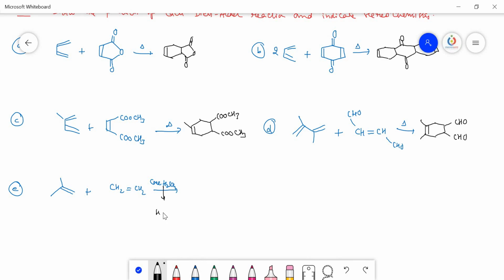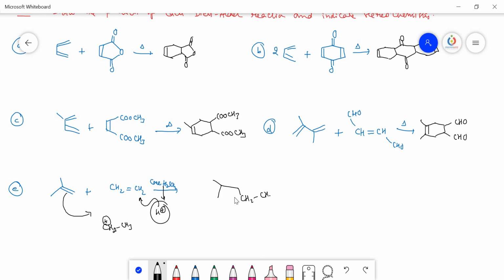H2SO4 gives H+ ion. H+ ion preferentially attacks one of these double bonded carbons, so that makes this one CH3 and CH2+. So this CH2+ attacks another particular double bonded carbon, so that shifting of the bonds takes place like this. So the molecule we get here is what we expect: